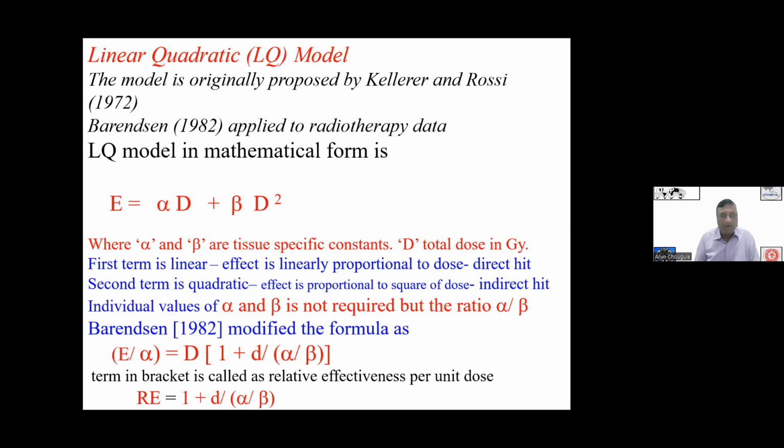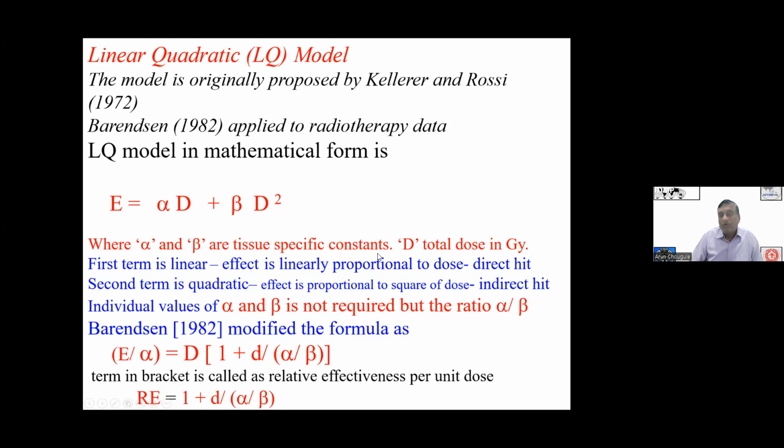But the recent one which we use in our clinical environment is the linear quadratic model, proposed in 1982 and now applied to radiotherapy. The LQ model is a mathematical model. One is a linear and another is a quadratic term. Effect is equal to alpha d plus beta d square. We don't have to find the individual values of alpha and beta, we can have only the ratio, where alpha and beta are tissue